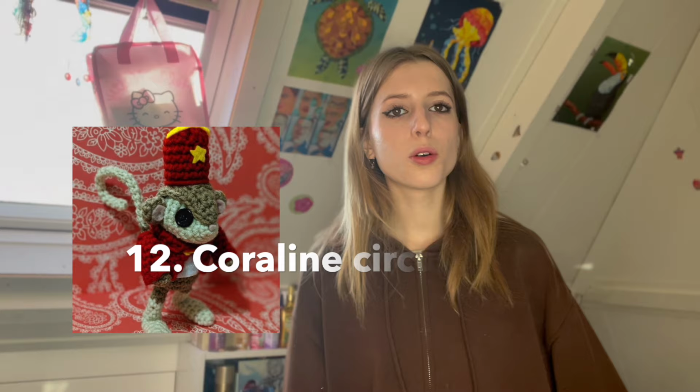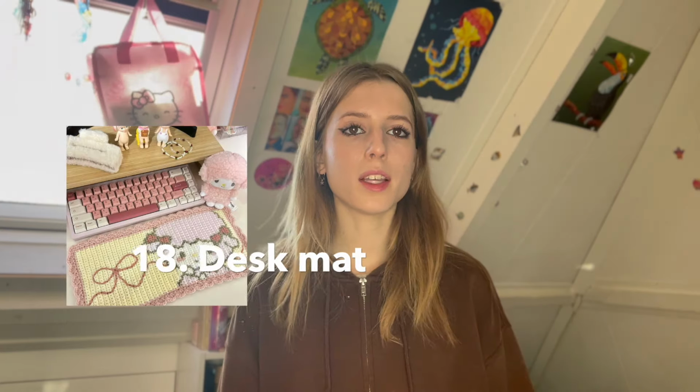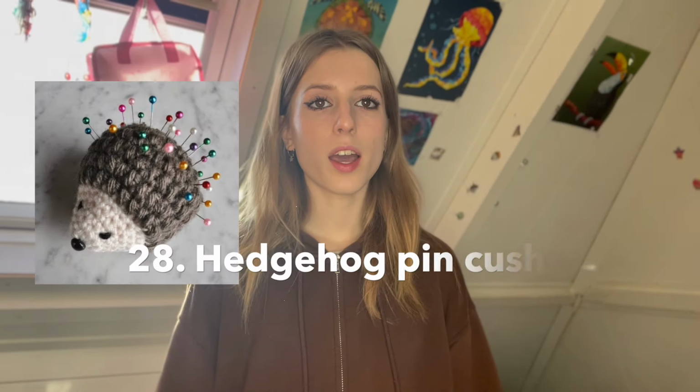with a bag, a Coraline circus mouse, a cat scarf, a Hawaii Hello Kitty bag, wrist warmers, dishcloths, a belt, a desk mat, a laptop sleeve, a goose glove, a granny square bag, a frog, a tea bag bookmark, Sanrio charms, a matching set, a penguin pouch, leg warmers, a hedgehog pin cushion, a phone charger holder, a duck ring